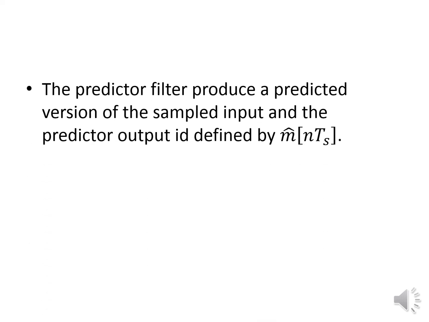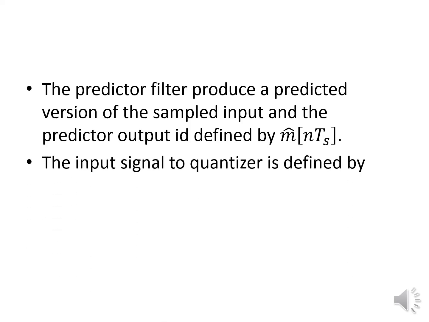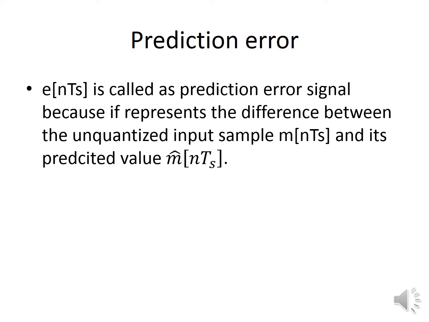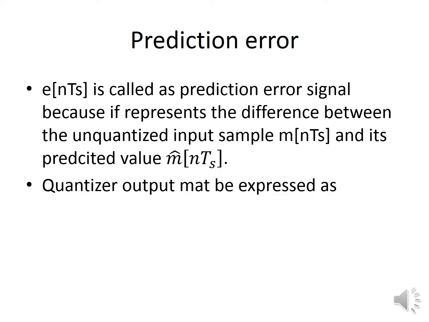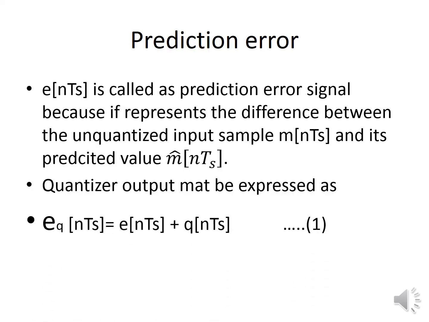The predictor filter produces a predicted version of the sampled input, and the predictor output is defined by m cap of nTs. The error is e(nTs) equals m(nTs) minus m cap of nTs. e(nTs) is called the prediction error signal, because it represents the difference between the unquantized input sample m(nTs) and the predicted value m cap of nTs. The quantizer output is expressed as eq(nTs) equals e(nTs) plus q(nTs),